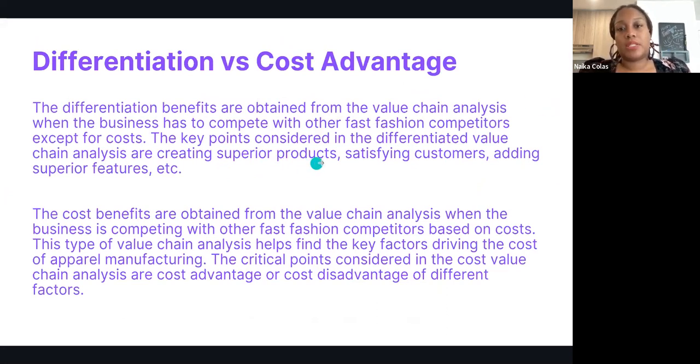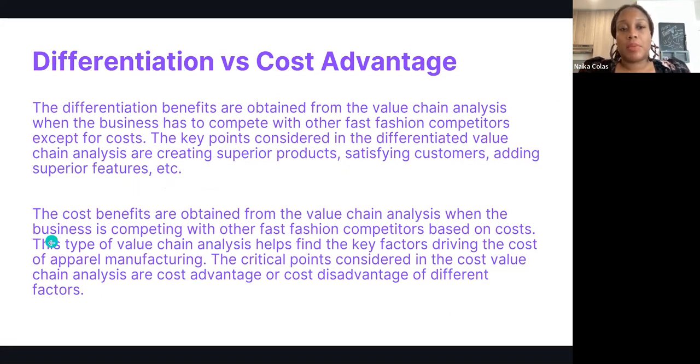And the key points considering the differentiated value chain analysis are creating superior products, satisfying customers, and adding superior features to your product. So maybe you're using higher quality materials as opposed to lower quality materials, cottons that are thicker, maybe knits versus wovens,